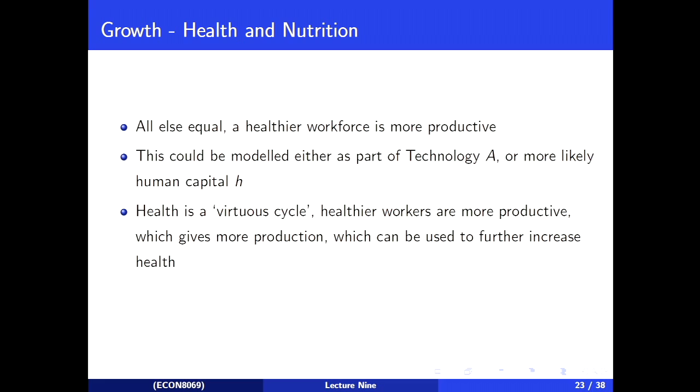But obviously the argument I want to make is health, whatever it is, however it does it, health increases output, right? Healthier workers are more productive workers. We also have this nice, what we might talk about as a virtuous cycle. Healthier workers are more productive. That means there's more production, which means we have more production that we can use to spend on increasing health outcomes, which makes healthier workers, which increases productivity, which increases production, which means we can spend more production making healthier workers. So you get this really nice virtuous cycle. Right? Rich countries are rich partly because they have healthy workforces, and they have healthy workforces partly because they're rich.